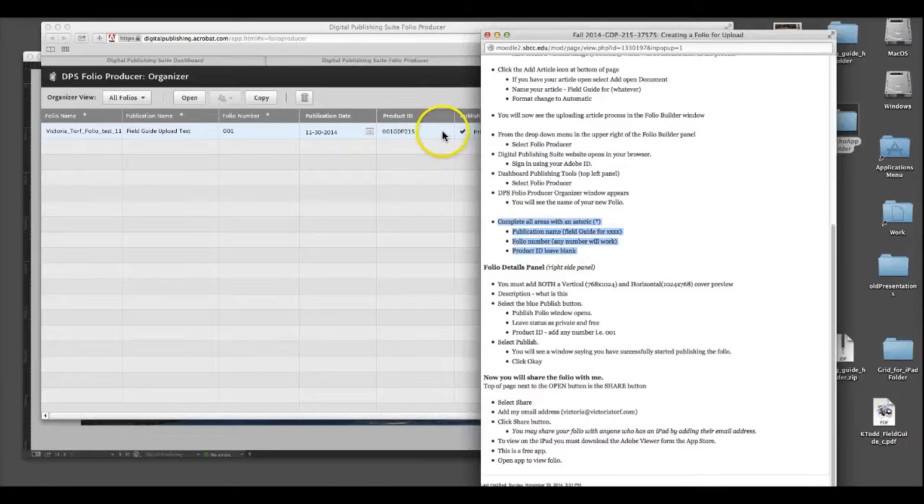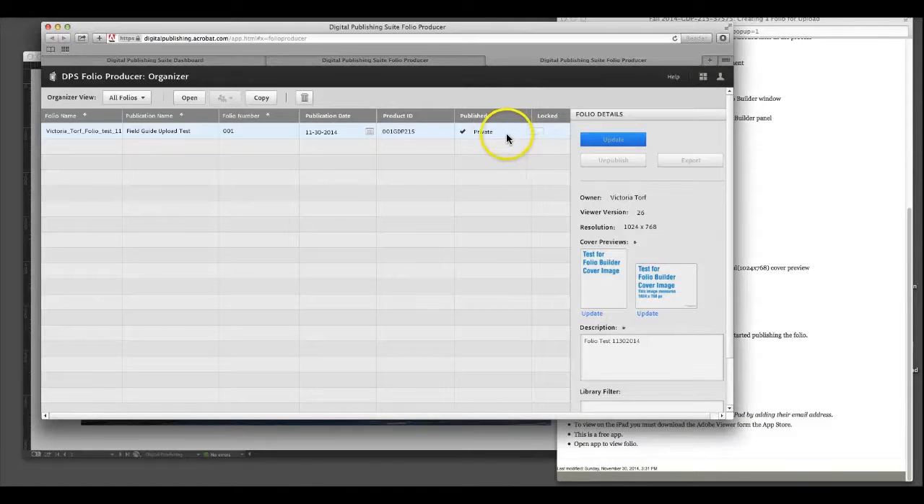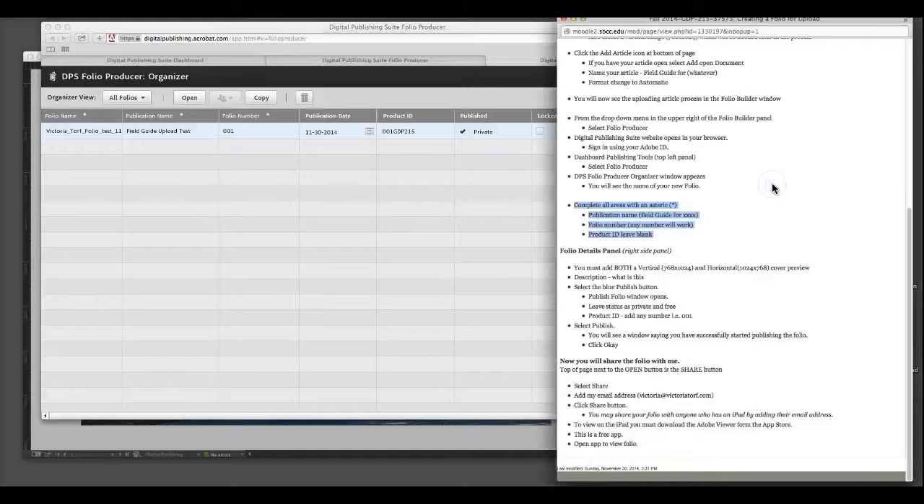You don't need a product ID, but I gave it just to see what would happen. And then the only other thing is you need to have the previews showing, but we already set it up like that so the previews show. And you select publish. You can keep it private, which means only people you invite see it, right? So you select publish, you'll see a window saying you've successfully started to publish it, and you click OK, and